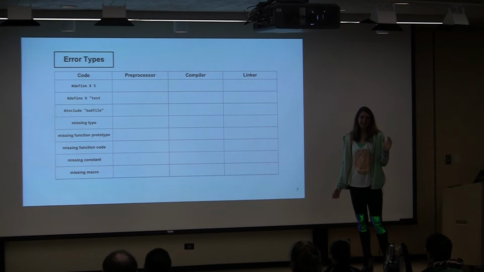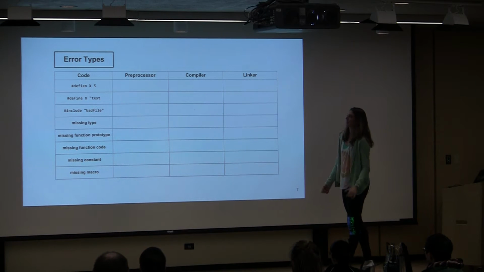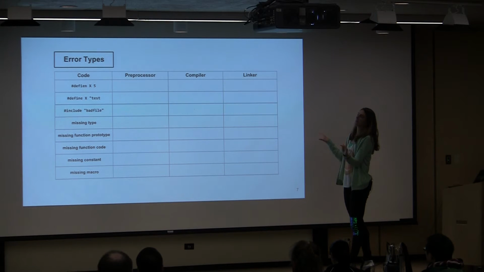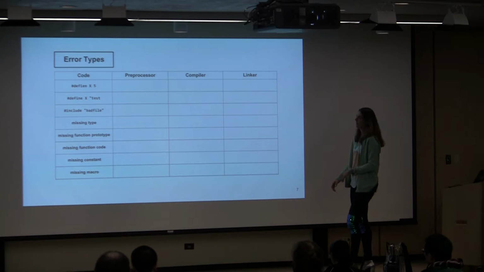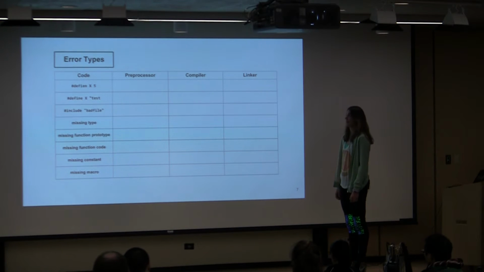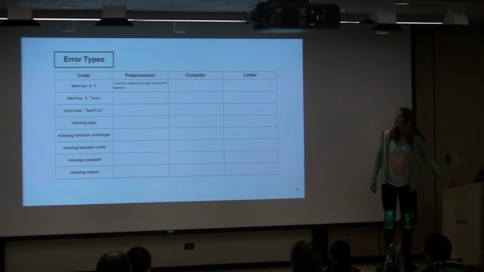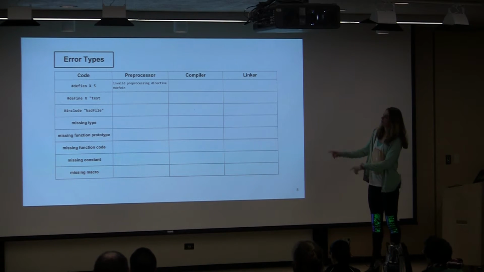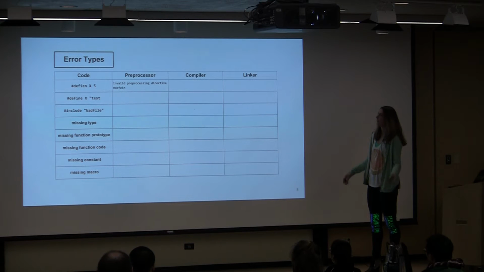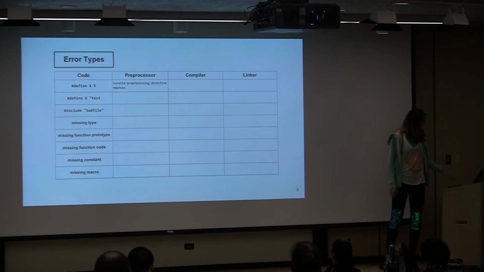Preprocessor, yeah. Because all the preprocessor looks at is things that begin with hash. So it's like, okay, there's a command for me, and then it's like, oh man, I don't recognize that word. So see how it responds. Yeah, if you go to compile that, it'll say invalid preprocessing directive, #define. Okay, so the next one